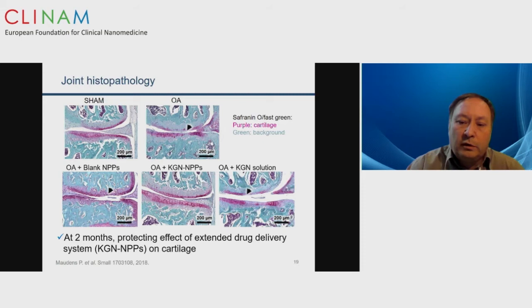We actually performed also scoring, the OARSI scoring, to prove that we had a significant improvement with the Cartogenin particles for the medial tibia, medial femur, medial cartilage erosion, medial cartilage scores when compared to the osteoarthritic condition. So we conclude that this high drug dose provided by these Cartogenin nanocrystals enclosed in macroparticles enabled cartilage protection and regeneration, maintaining the effective drug concentration despite joint clearance.